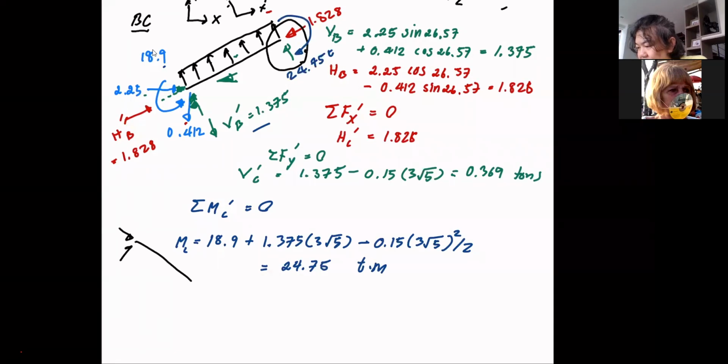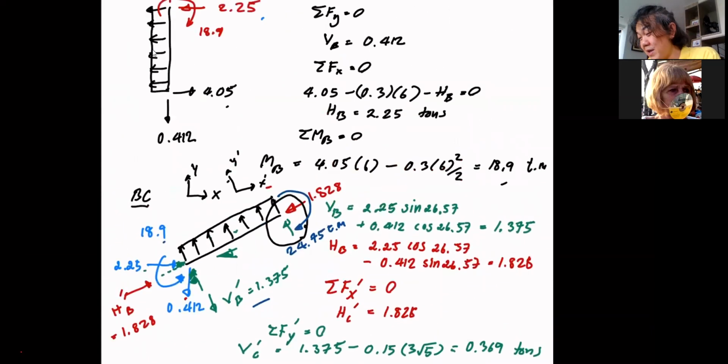24.75 ton meter. And again, I'd like to finish the diagrams for these two. Okay, and if I could, I may. I don't know, but that's kind of difficult. But I'll try to do it. Let's try to record the rest. But anyway,